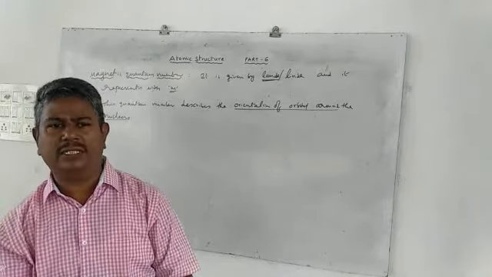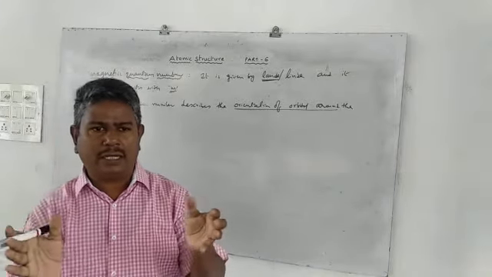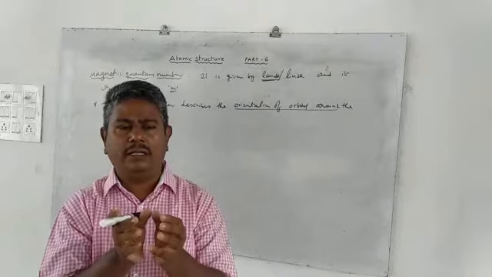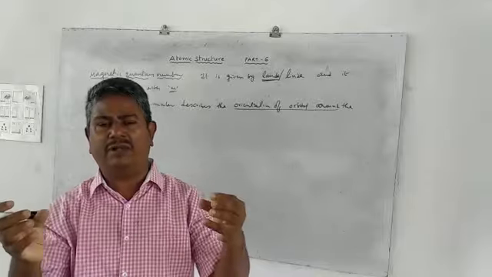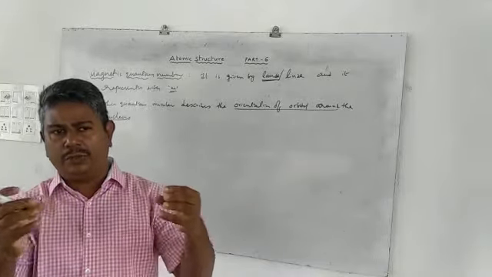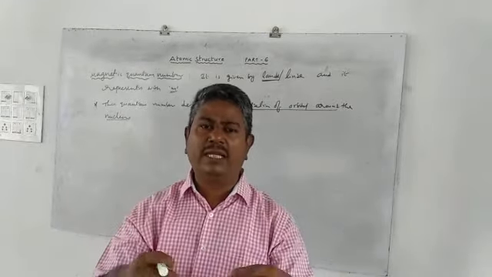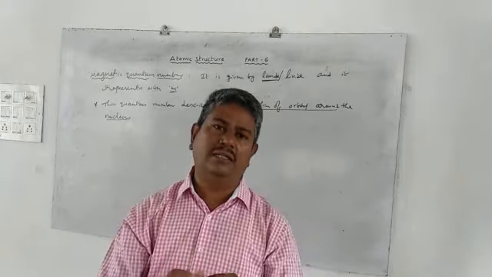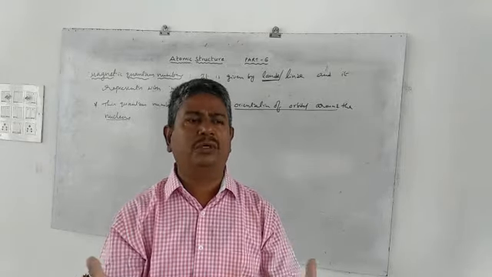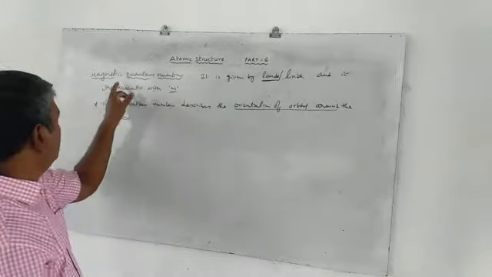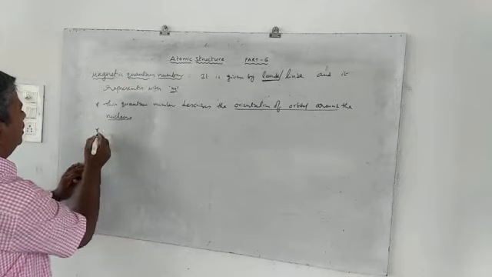So why should it happen? Means in the absence of a magnetic field, all these orbitals appear as a single one. But in the presence of a magnetic field, these orbitals are split. That means the subenergy levels, what we call subshells, are split into different spectral lines. That means it gives degenerate orbitals. Degenerate orbitals means the orbitals having the same energy. So that will be given here by which one? Magnetic quantum number.